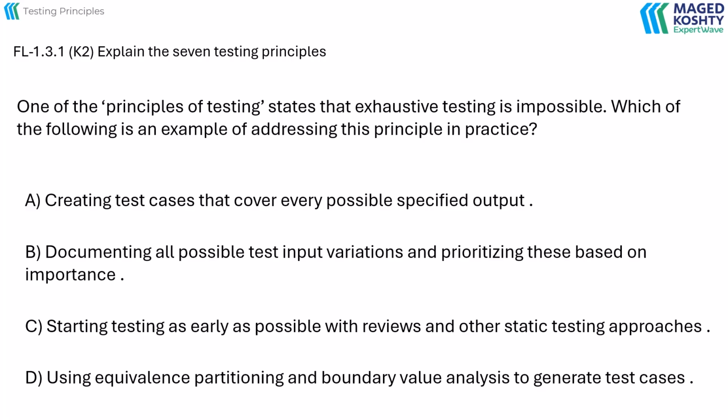We understand that the exhaustive testing is impossible principle states that testing everything would require testing every possible variation of test inputs in all different circumstances, which is generally infeasible as there will be a practically infinite number of test cases. We know that to overcome this problem, we should be very selective in designing our test cases by using